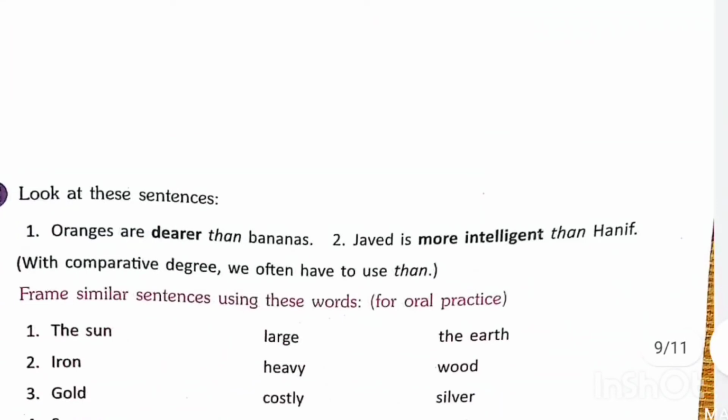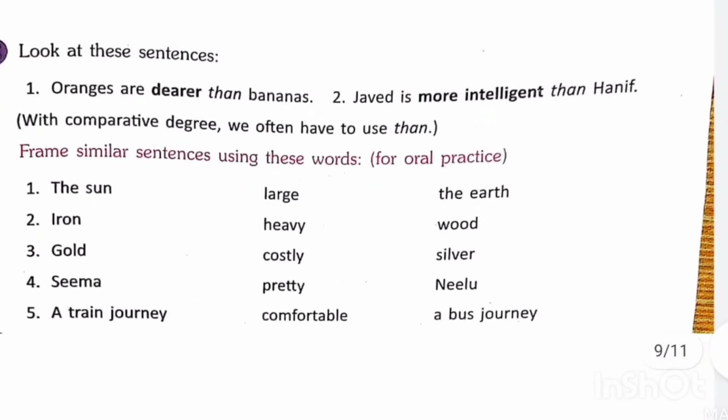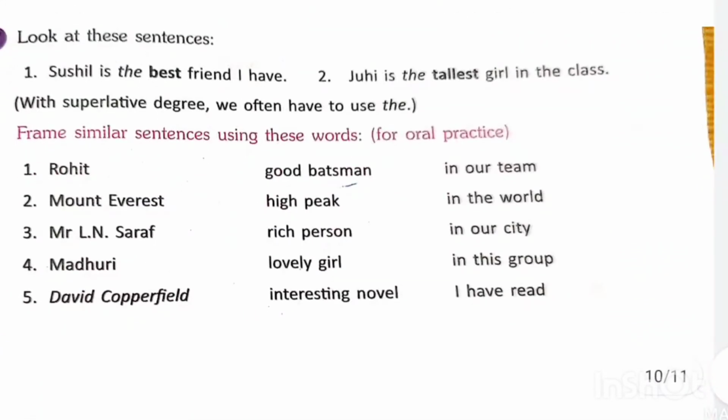So here we go for the next more examples of degree of comparison. Number 1, Oranges are dearer than bananas. With comparative degree, we can use the word than. That means we are comparing it with. Like that only, Javed is more intelligent than Hanif. The same way, we'll go for some more exercises. Like in number 1, the sun is larger than the earth. And the rest is for you all. If you can understand, please complete it and send it to me in the comment box. Okay, so and the last one,